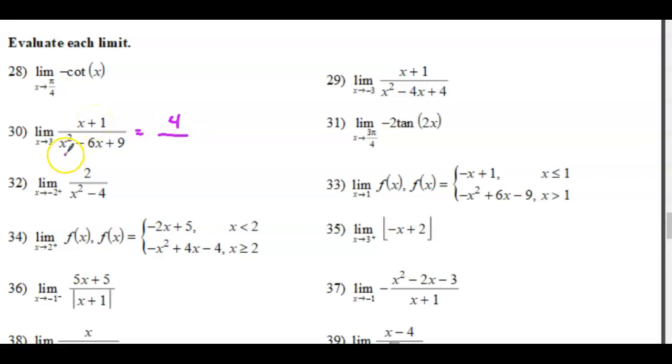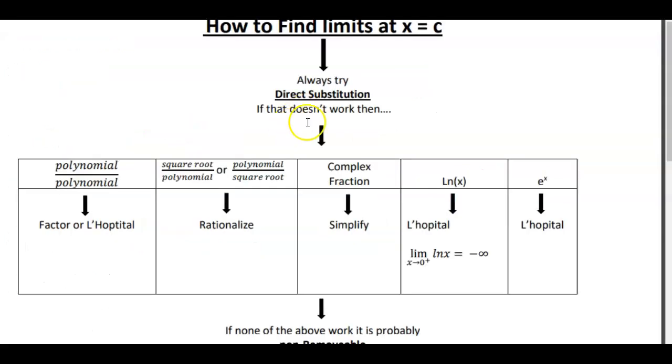But on the bottom, you're going to get 9 minus 18 plus 9. The two positive 9s make a positive 18. Minus 18 makes 0. And so we have a sad situation here. And so the next thing that we do, once direct substitution fails, if that doesn't work, we're going to try